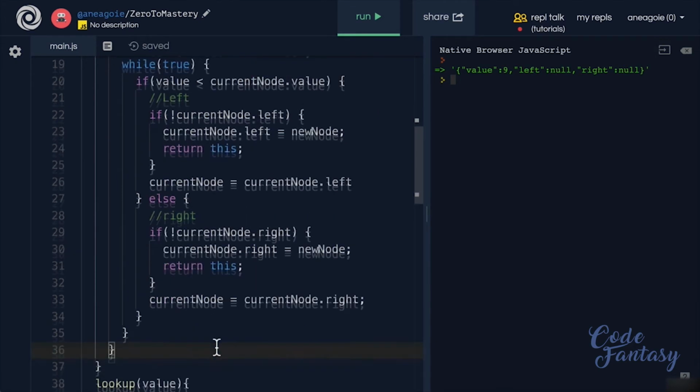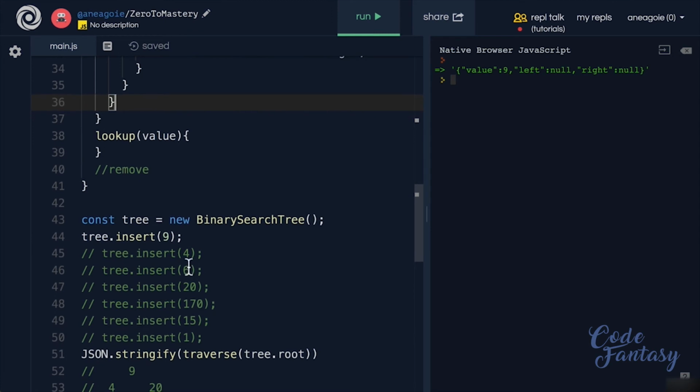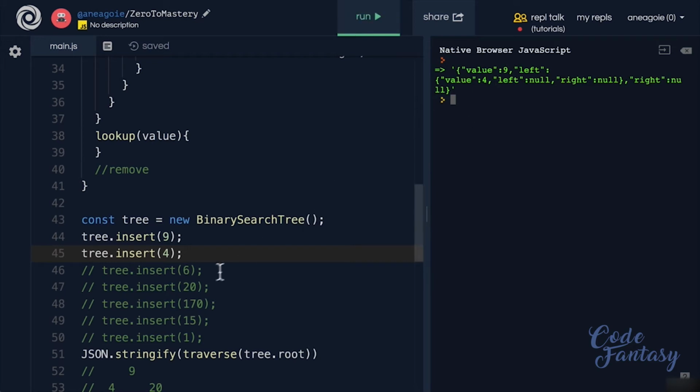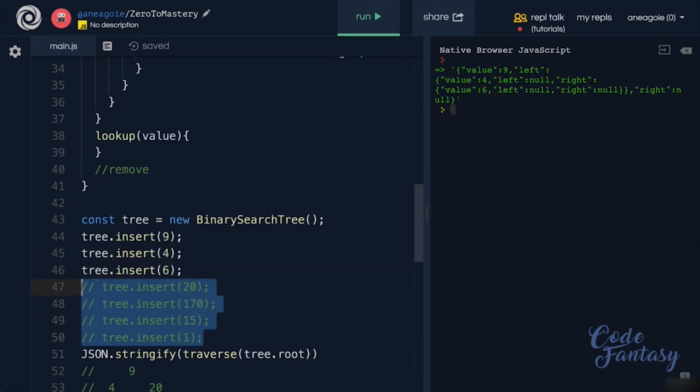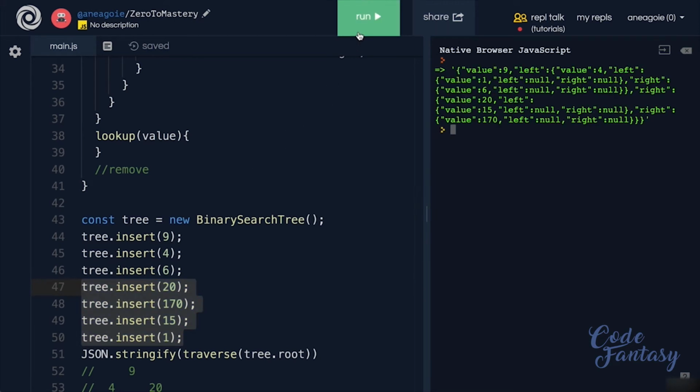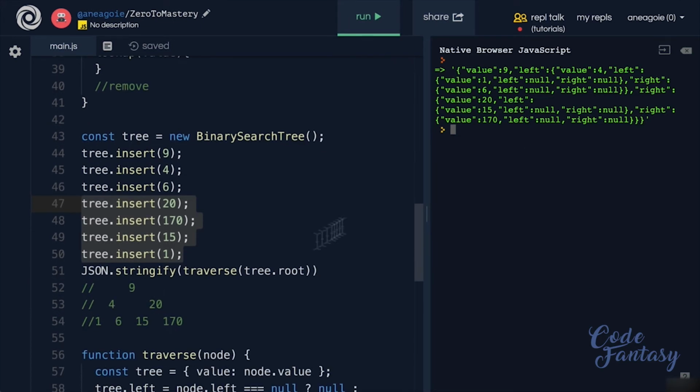All right, let's test this out. I have an insert of 9 here. If I click run, that's working. If I insert 4, all right, looks like 4 got inserted. What about 6? All right, I'm just going to comment all of this out and see if that works. I'm going to click run. All right, looks like we've logged out everything, but I want to test, make sure that everything is working as